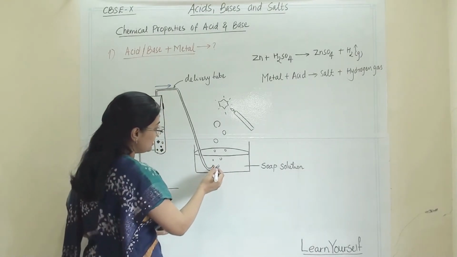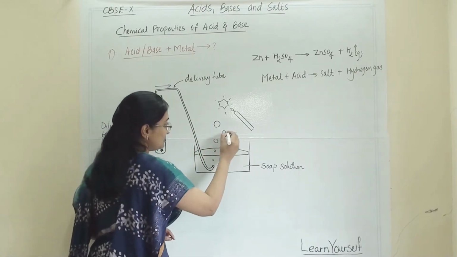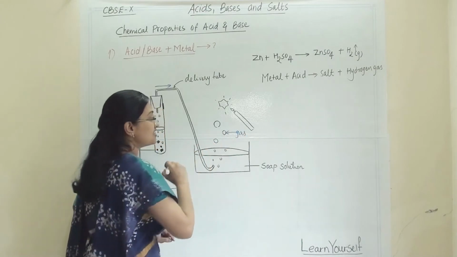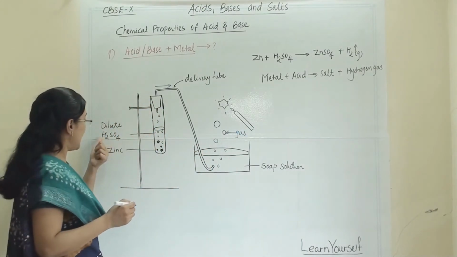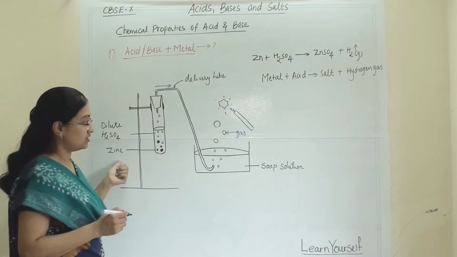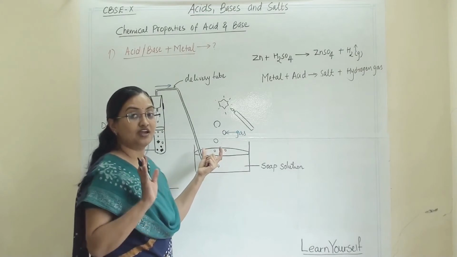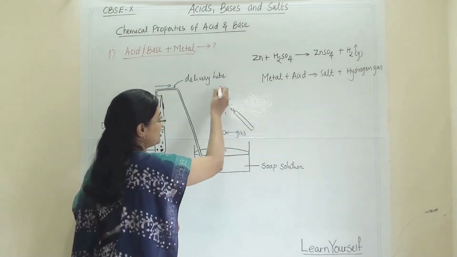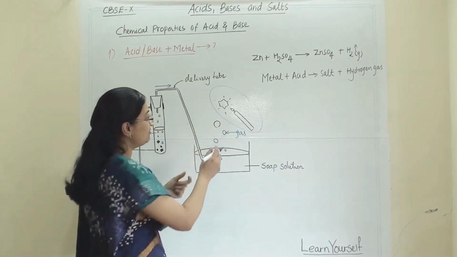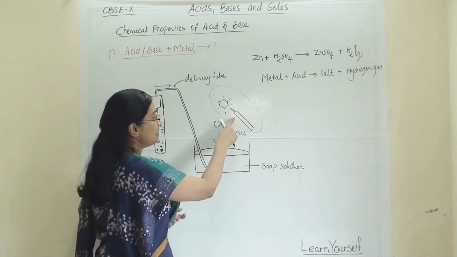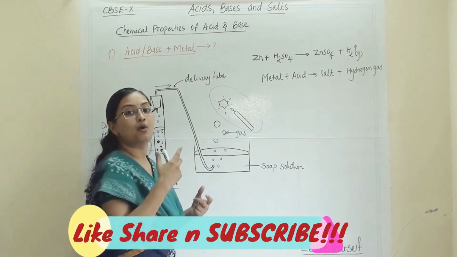Now from here those bubbles will come out. Now this is a gas, but we have to check which gas is evolving from this acid plus zinc mixture. This evolution of gas is hydrogen, and for that there is an identification test: wherever those bubbles are going, we will keep a lighted candle over there, and it will burn with a popping sound.